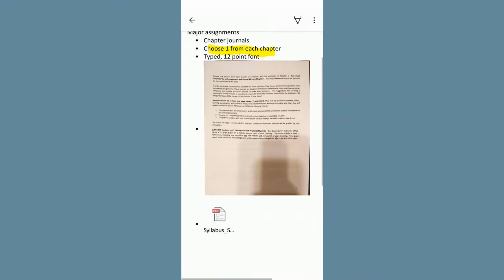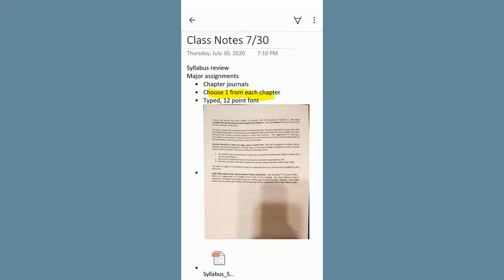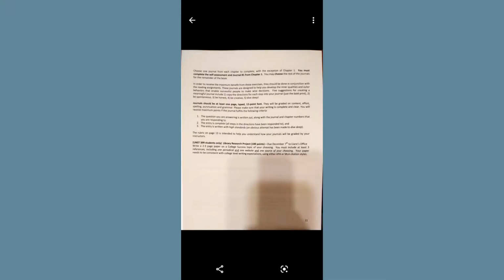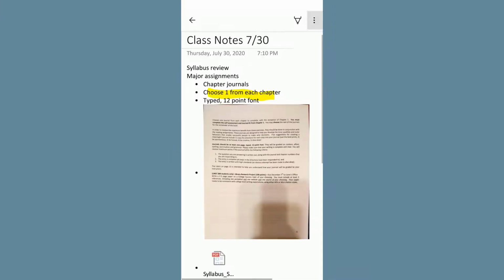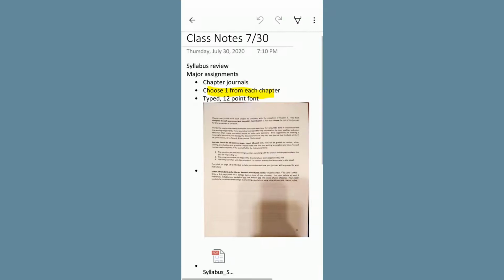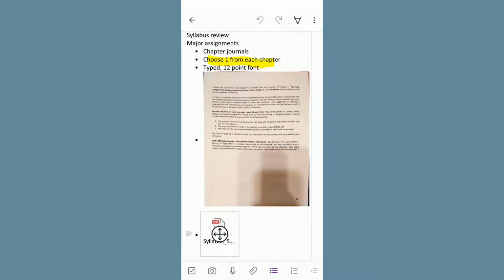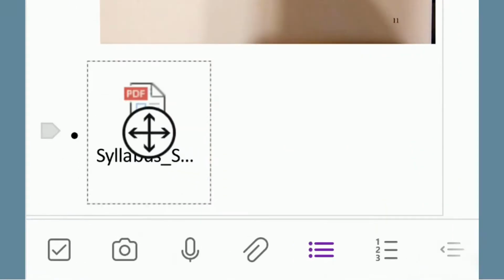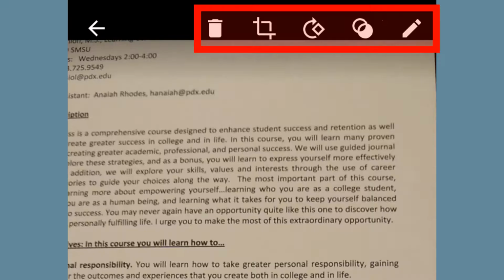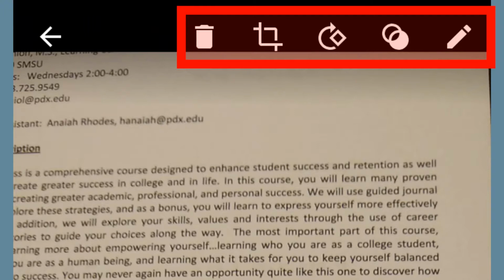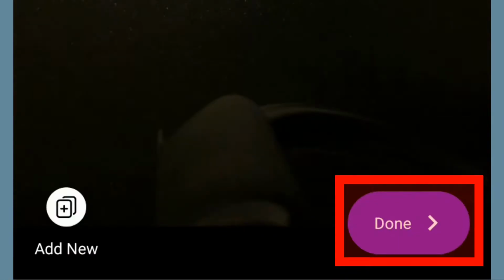I also managed to insert a photograph from my syllabus in here, so that's easy enough to do. In order to do that, all you have to do is just open up the note that you're working on. Let me get down into the note here to edit it. I just tapped somewhere in the note. And then down at the bottom of the screen, I can tap the camera icon, which will let me take a photograph of whatever my notes were about. And then I just tap the shutter button like I was taking a picture. And then I can crop it or change the colors and things using the menu at the top, and then just tap done when I'm finished.